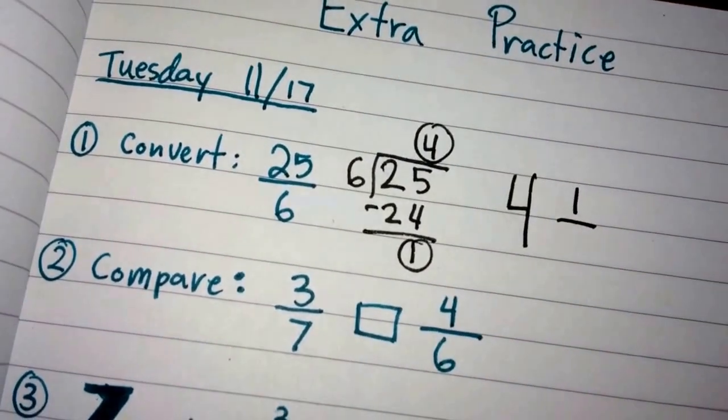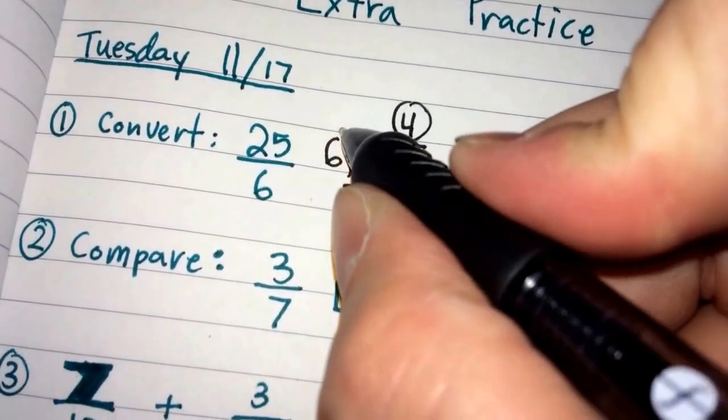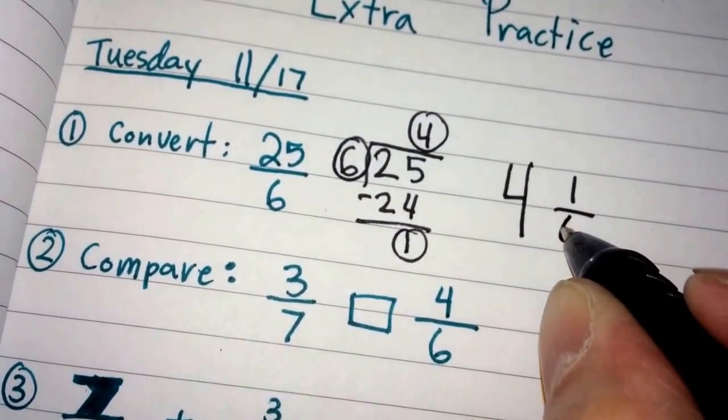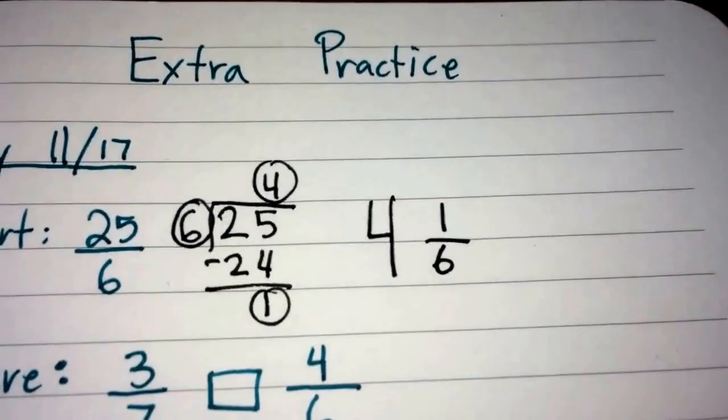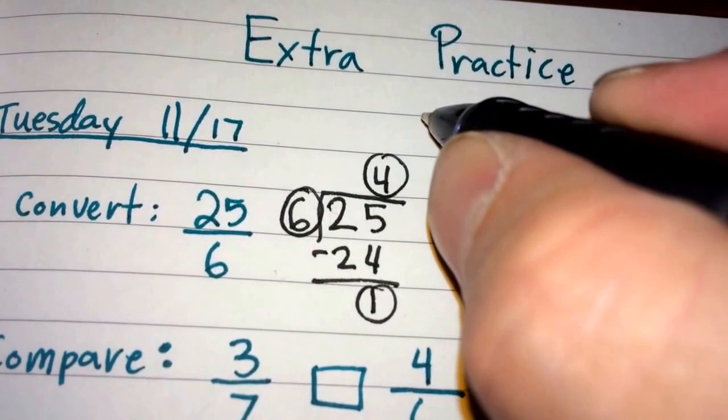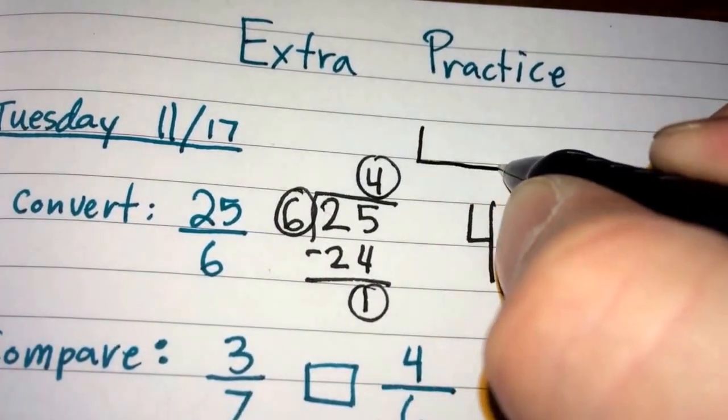I've got 1, and then you keep your denominator. The number that you divided by becomes your denominator. So it's 4 1/6. 4 1/6. And I would like you to see that I could have